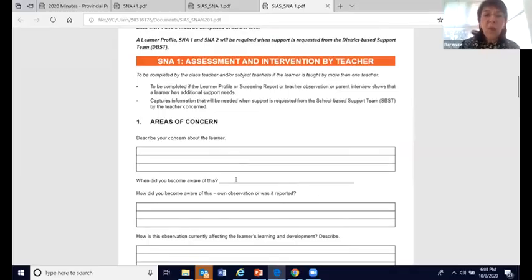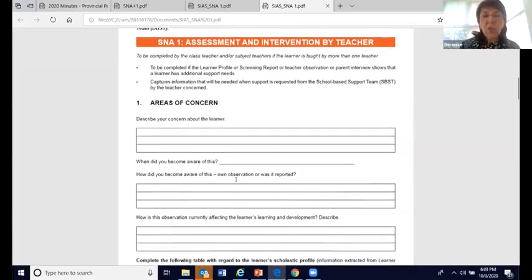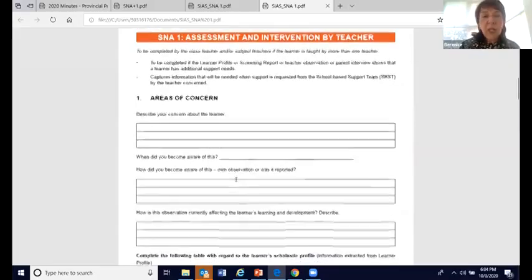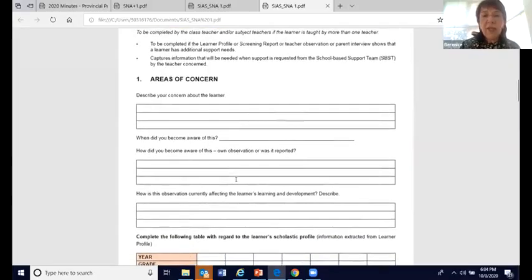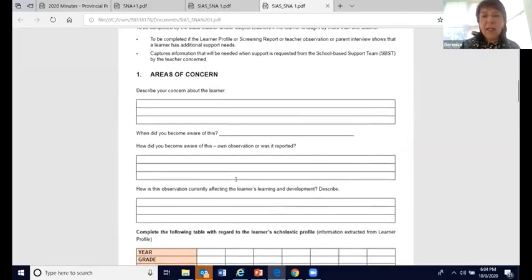When did you become aware of this? How did you become aware of this? Was it your own observation or was it reported to you? How is this observation affecting the learner's learning and development? So you can see it's free text there. You just write the story, why you are concerned about the learner.